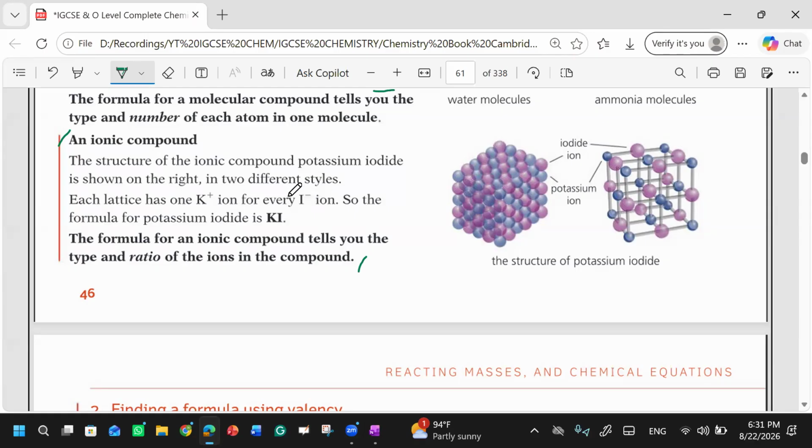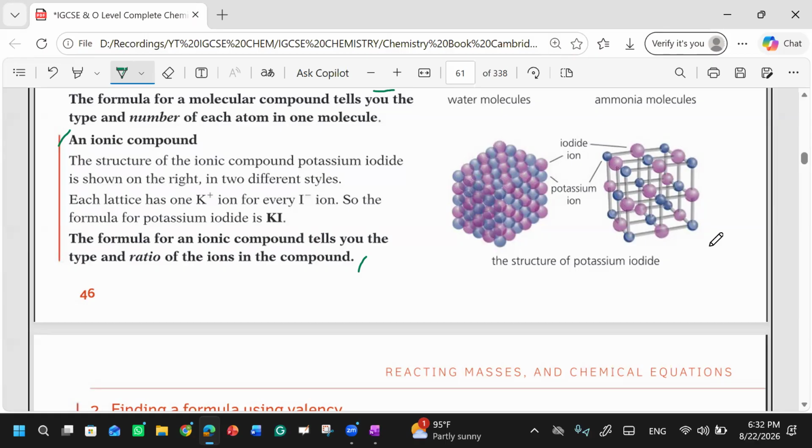When iodine gets a charge, as we have discussed, when anions get charged, their name is changed, right? Iodine becomes an anion, and potassium will be a cation. Metals are cations, and most of the non-metals are anions. So this will be the iodide ion. You will not say I negative. Clear? It does not sound good.